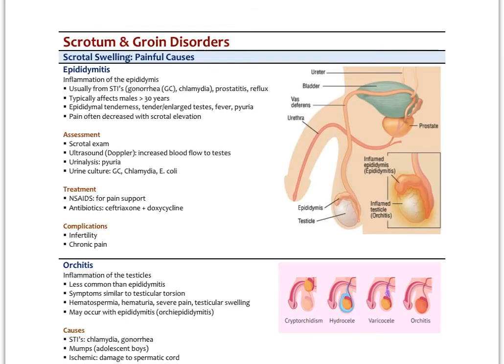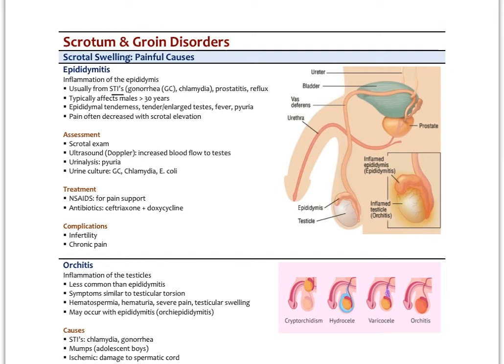All right, so these are 3 very important causes of painless enlargement in the scrotum to be familiar with. 2 very important causes of painful scrotal swelling would be epididymitis and orchitis. And both of these are going to be caused by infections, most typically STIs. So epididymitis is inflammation of the epididymis, and that's usually from STIs, gonorrhea or chlamydia,